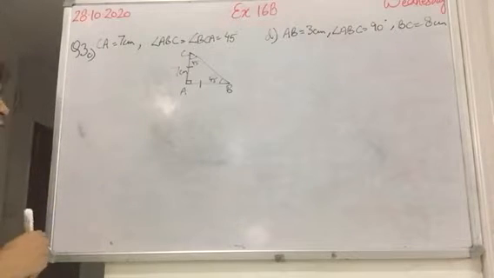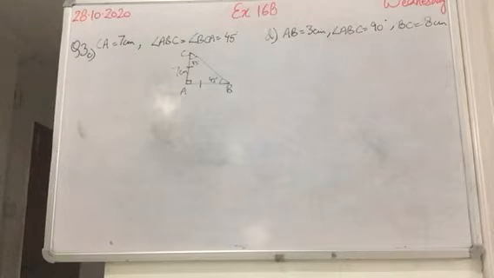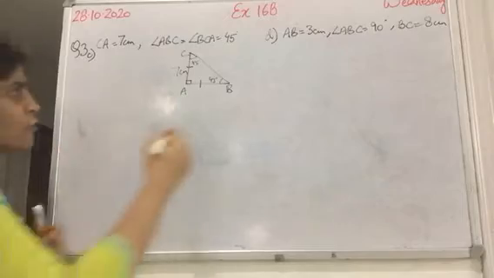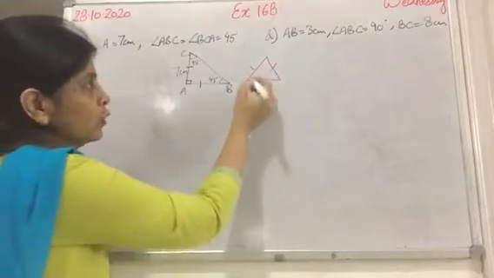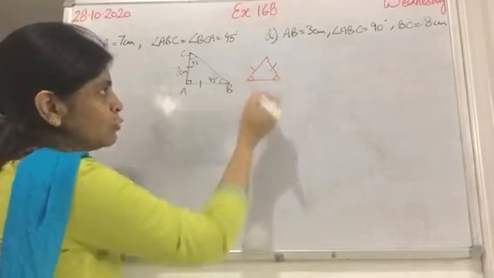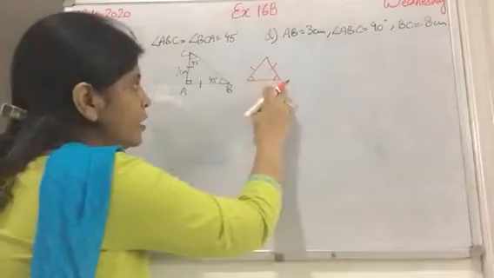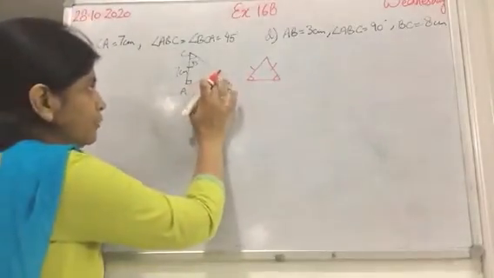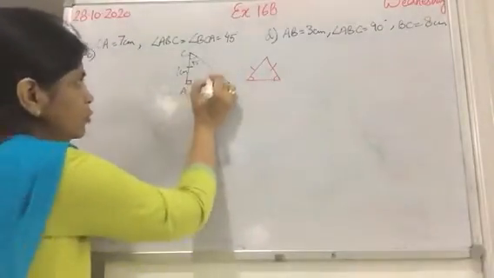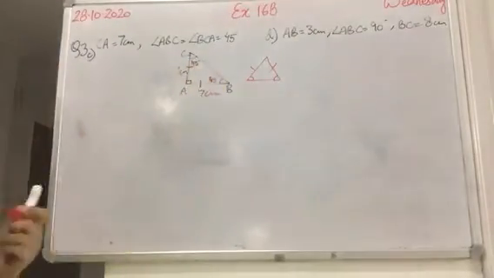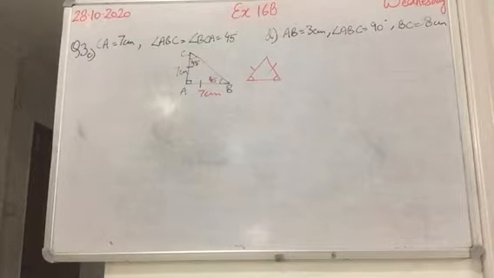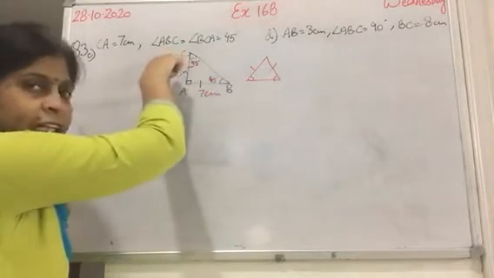I repeat, I will draw the diagram again to explain the isosceles triangle. Like this is an isosceles triangle, fine. These two sides are equal, so the angles opposite these two sides have the same degree measure. So this is 45, this is also 45. This means this is also 7 centimeter. So base is 7, height is 7.